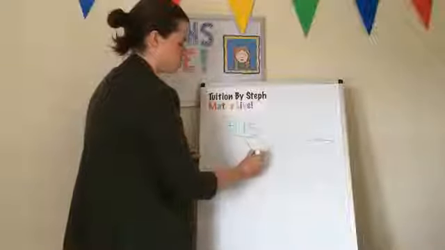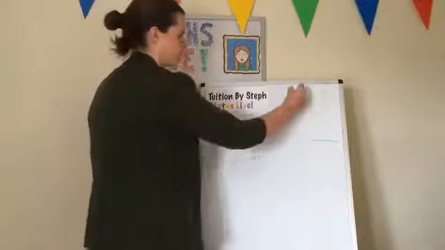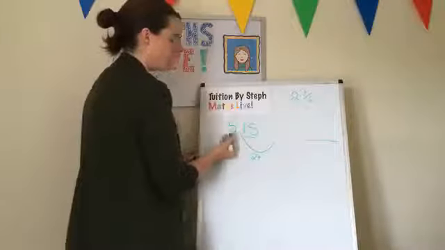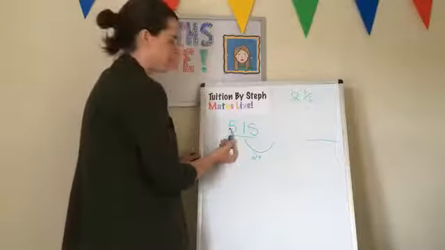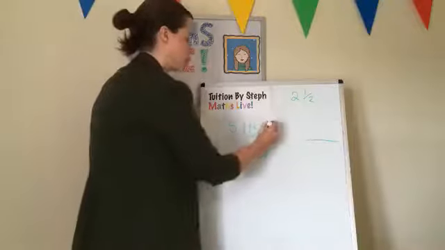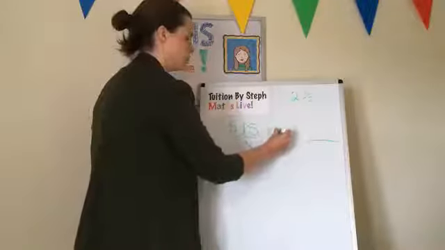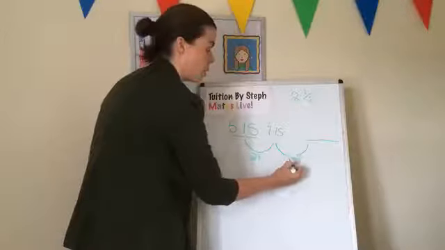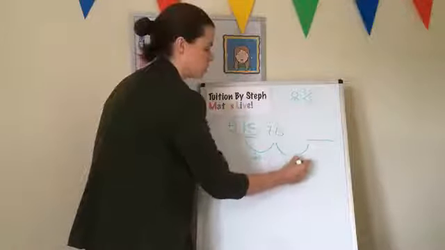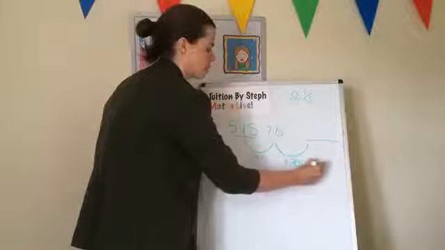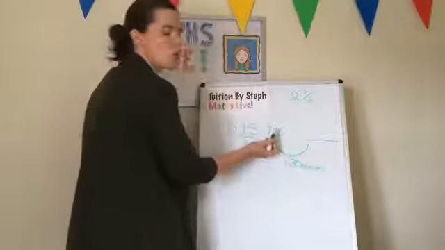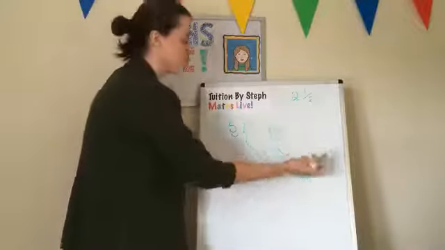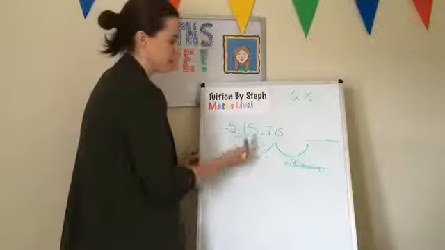So I'm going to just add the 2 hours first. If I add 2 hours to 5:15, 5, 6, 7, that takes me to 7:15. Okay. And then I add on the half an hour. Half of an hour is also 30 minutes. So 7:15, what's half an hour onto 7:15?